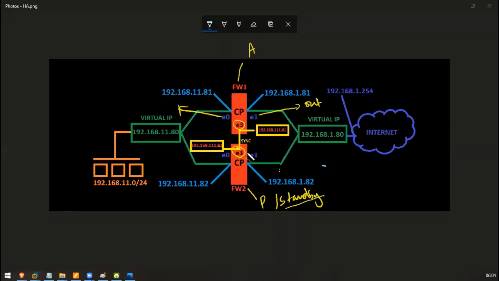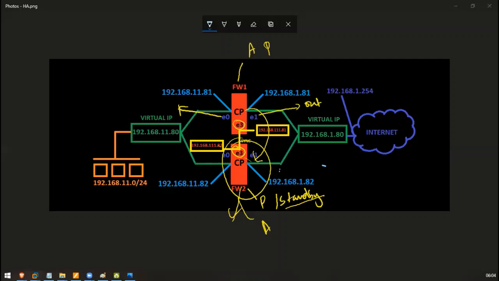It just waits for firewall 1 to fail so that it can become active and make firewall 1 passive, and vice versa. So it's considered for a failover. If firewall 1 fails, firewall 2 will be the failover part. So this is active passive.